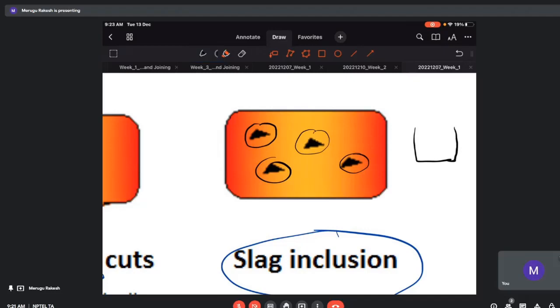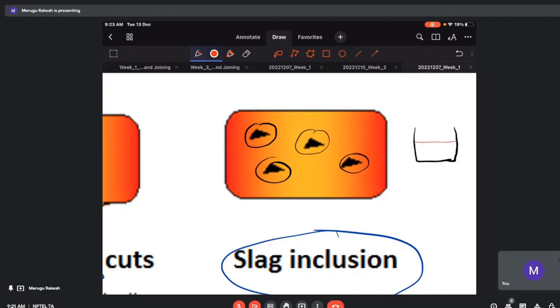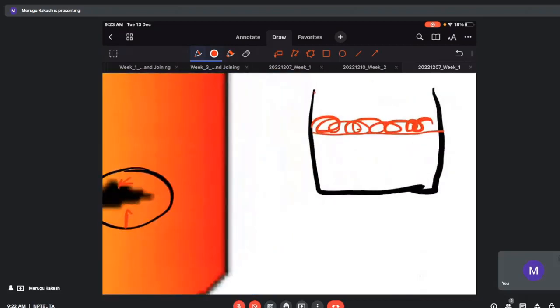So in the production itself, suppose the liquid metal, there will be slag formation on the top. So you have to remove the slag before pouring the metal. Otherwise, it will induce this type of defects. So either due to slag, or there are inclusions where sand also gets mixed with this mold and this liquid metal. So one thing generally what we see in regular practice is that they make a hole here, instead of making, sorry, they make an entrance exit here instead of making here,